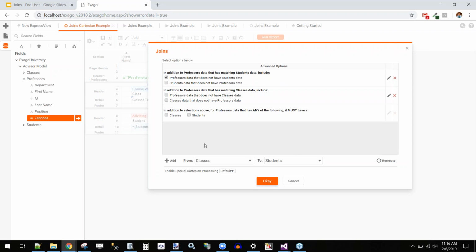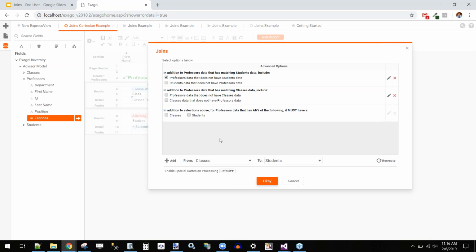And in this report, you'll see one additional thing. In the case where we have two joins from the same object to two unrelated objects, so in this case we have professors advising students and professors teaching classes, we end up with something called a Cartesian product. Now, we won't go in depth on what those are, but in the case that we have one of these, we'll also get an additional option in our Advanced Joins menu that lets us force there to be some